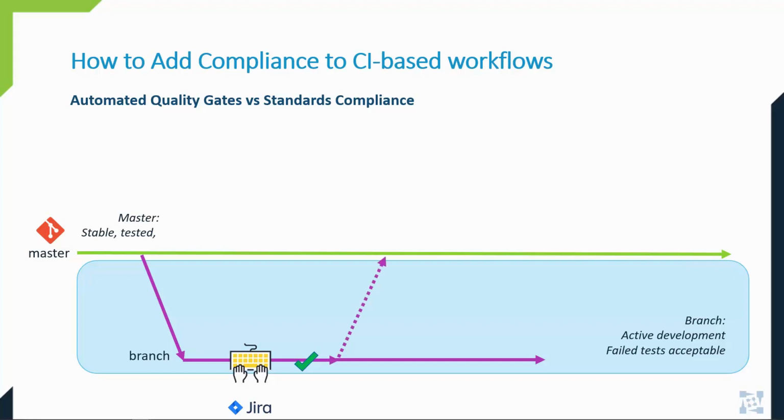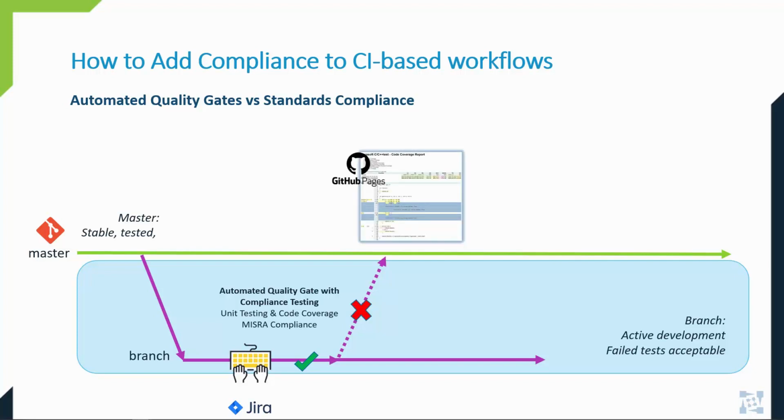The pull request will trigger a pipeline with an automated quality and compliance gate, which includes more extensive testing than developers can perform on their desktops. The pull request will fail in our demonstration due to insufficient MCDC coverage. Pipeline's execution reports will be published on GitHub pages, and after a quick analysis of the report published on GitHub pages,